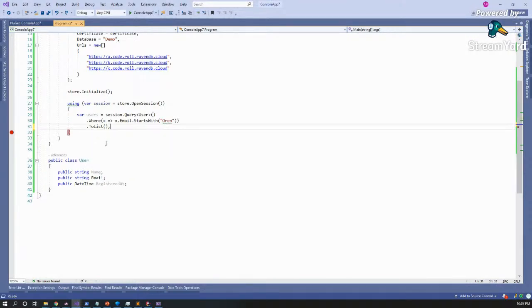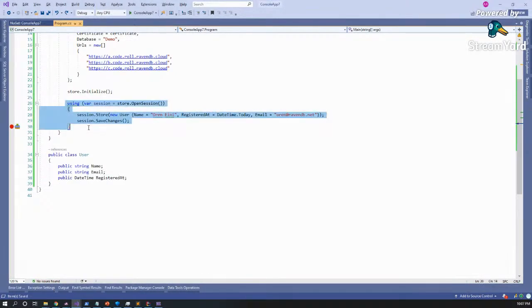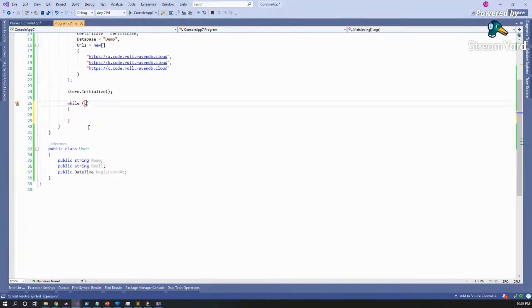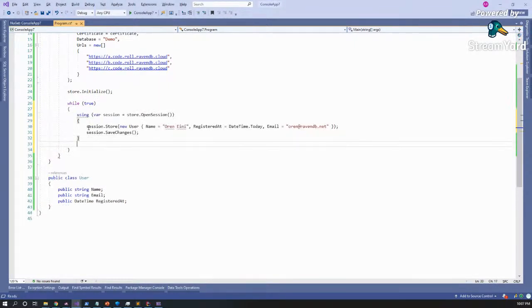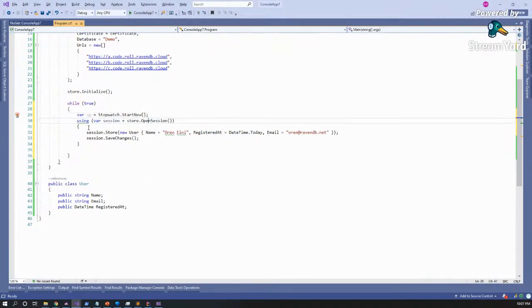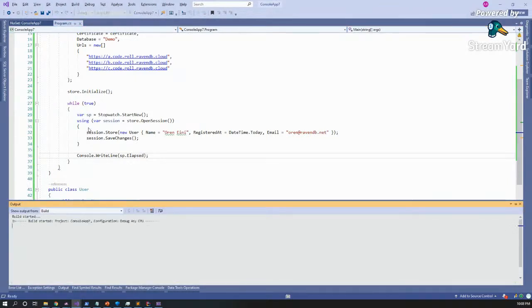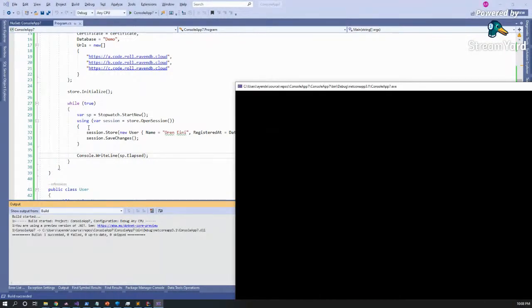I'm going to just write some code in a loop. So what you can see here is that I'm just writing documents in a loop. This will shortly start printing. The first one is going to be quite expensive, but then you can see